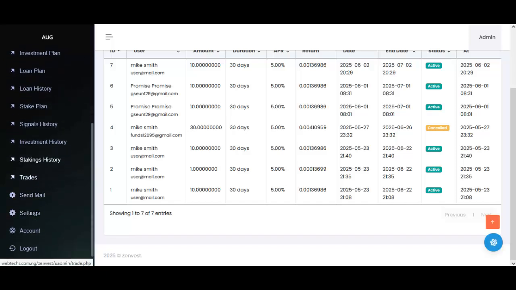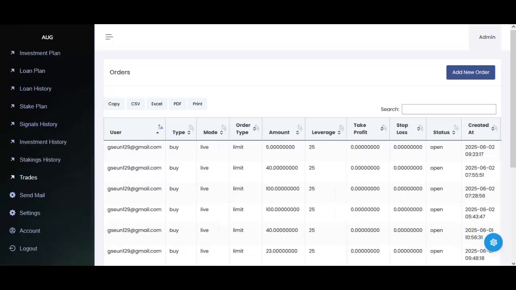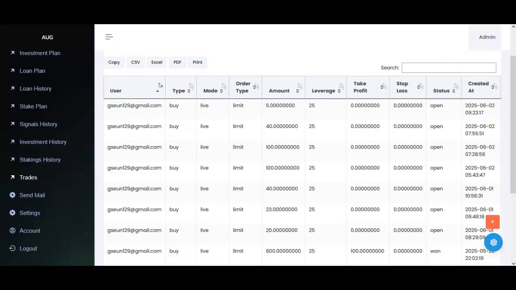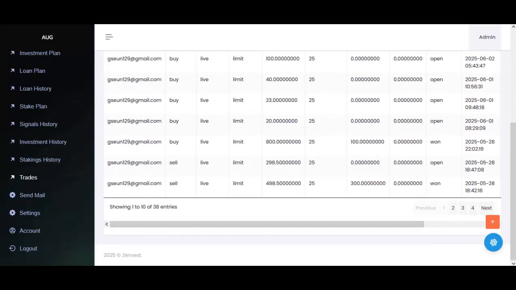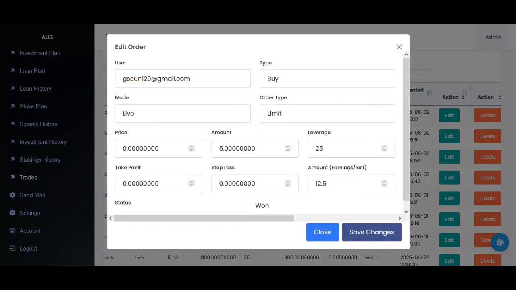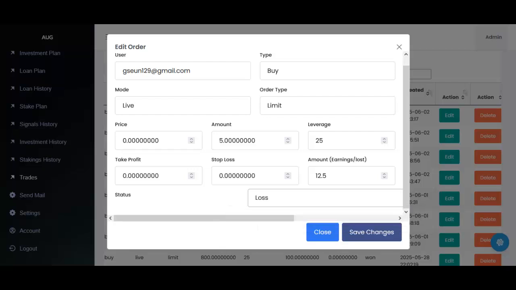Then we have trades. Right, trade. This is where you can manipulate the trade of a particular user. All right, so let's say this particular person right here, as you can see the status is open. So now you want to manipulate this particular trade, so you can actually edit the person's trade. All right, so now I want to change that person's trade status to lost, because